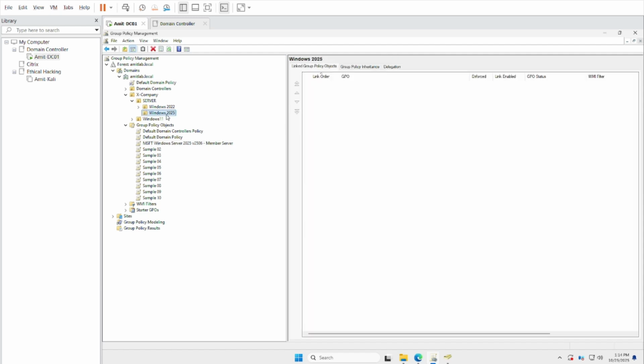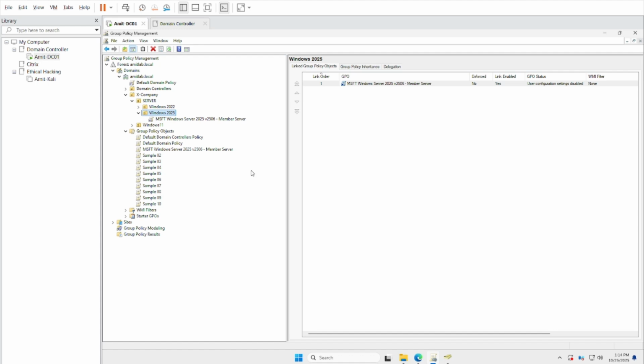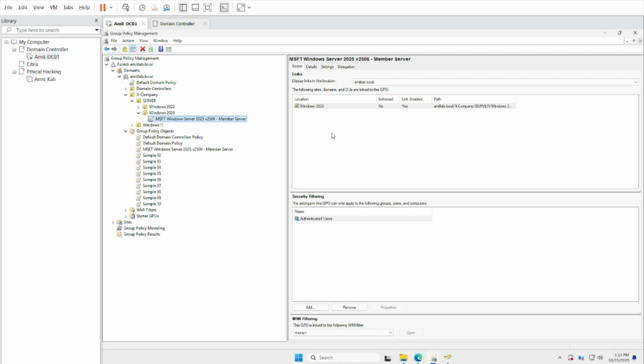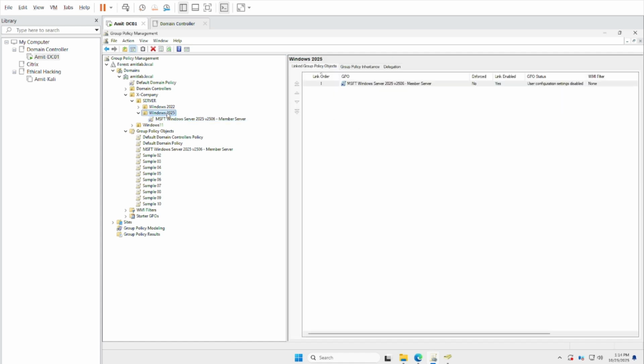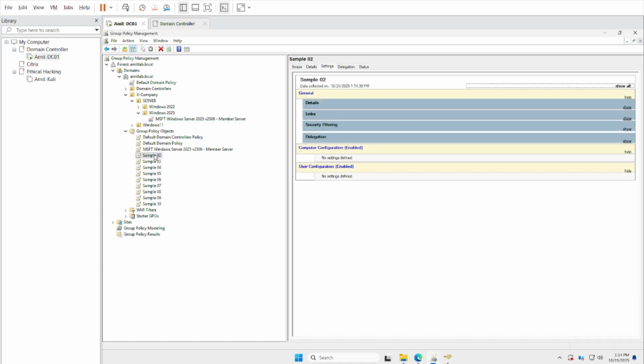And then I will apply this to server 2025. So now any machine which comes in this OU will have this policy, will have those settings implemented. And if you really want to make some changes to these, do not make changes to the standard policies. You can create another policy, change settings in that policy and make it an exception, like I can rename it and say exception,